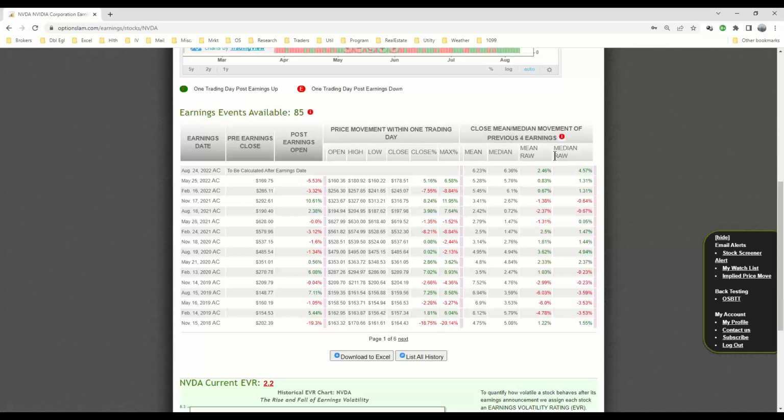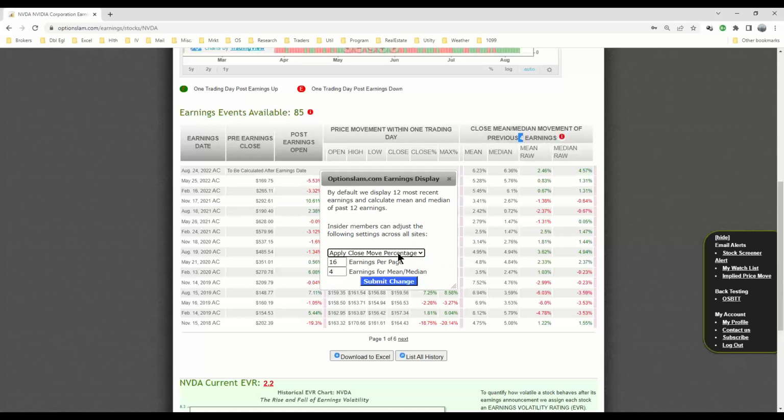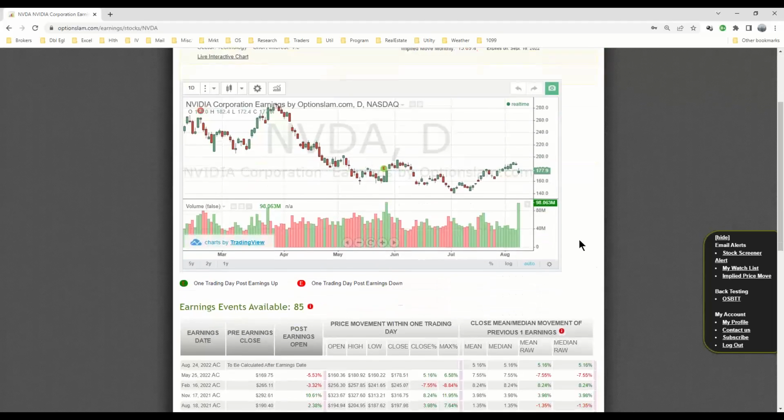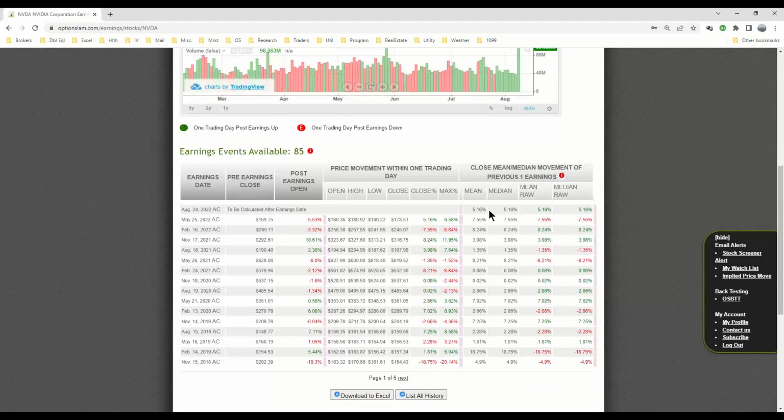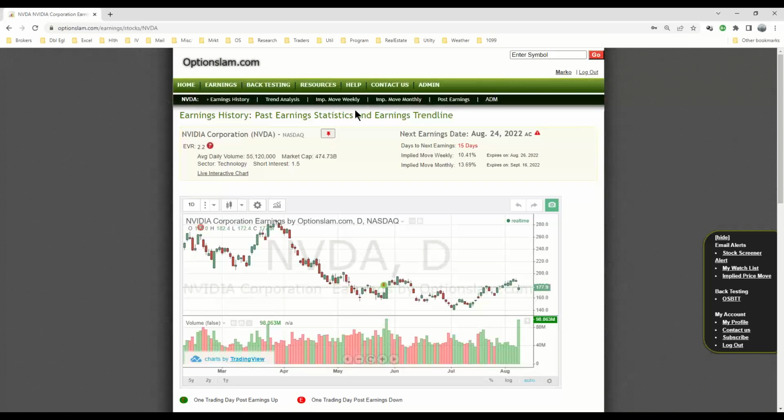through the pages. But now these column headings are looking back for earnings and giving you the absolute volatility, average, looking back 1, 2, 3, 4, taking into consideration these 4 earnings. The reason I had this on 1 was to illustrate a point, because this is sometimes confusing to some of our newer subscribers. When I have this at 1, it populates the information here because we have an earnings event coming up. And in some of the other pages, such as the implied move weekly and implied move monthly pages specifically,